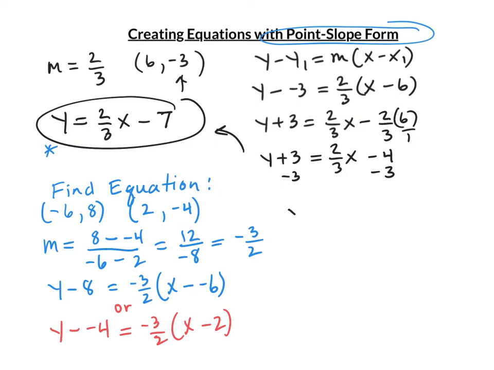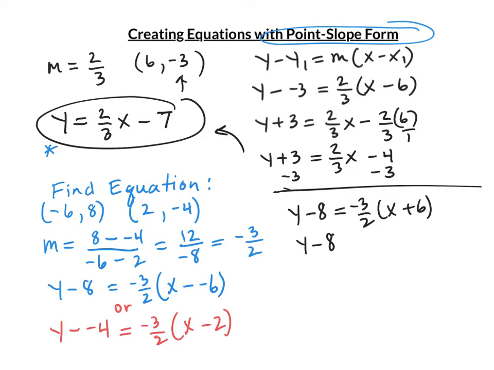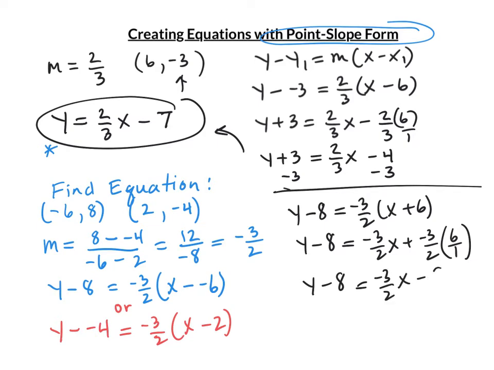This becomes y minus 8 equals -3/2 times x plus 6. That's y minus 8 equals -3/2 x plus -3/2 times 6 over 1. Now this is -18. -3 times 6 is -18 divided by 2. That's y minus 8 equals -3/2 x. -18 divided by 2 is -9. So I'm writing -9. And our last step is then to add 8 to both sides, get the y by